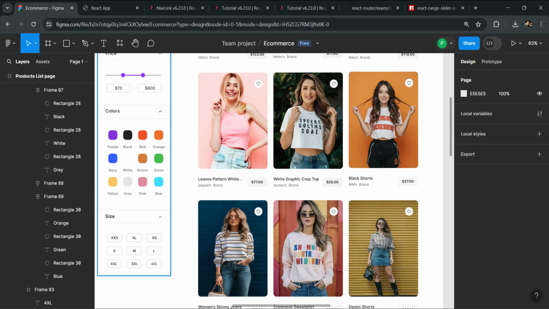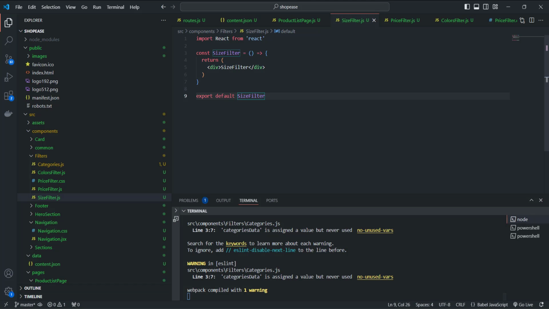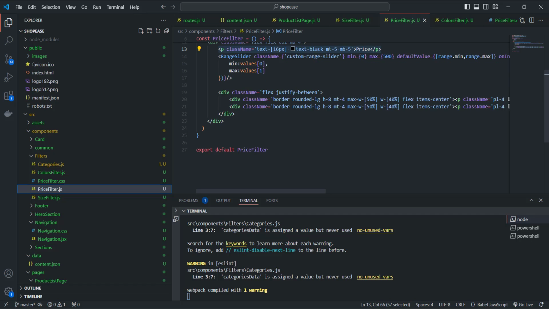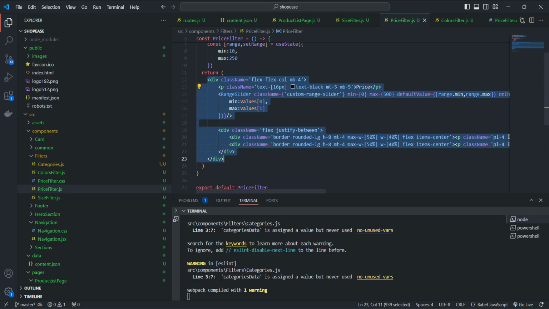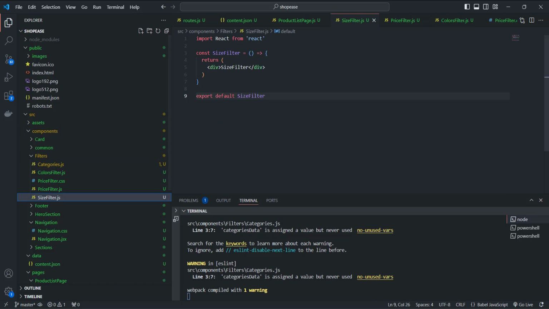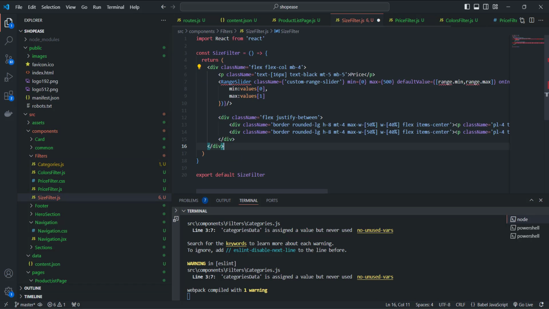Here we'll have the div elements, basically the border with background white. When we select it, it will change into dark. Right. So to do that, let's copy the price filter code and put it in this size filter,